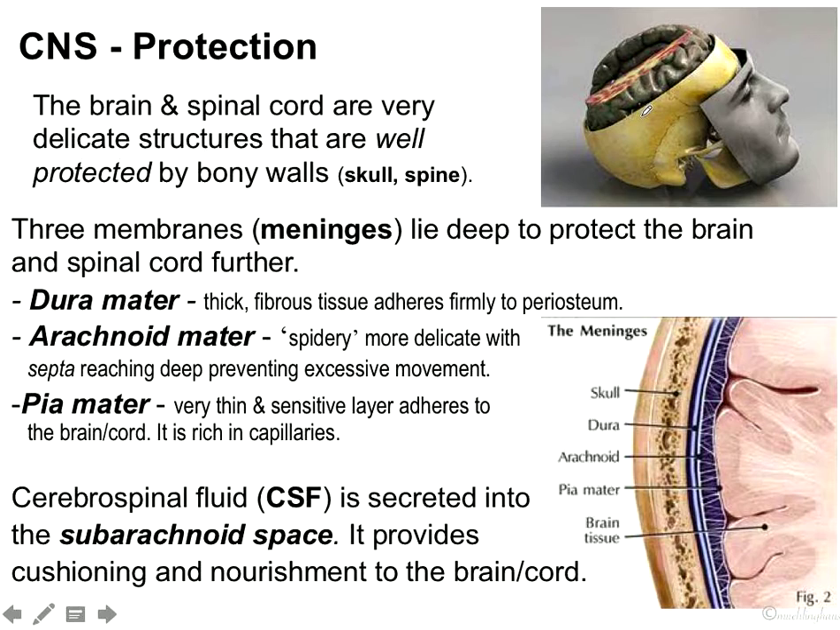The dura mater, see here, dura mater. Dura means thick, and it is a fibrous, thick membrane that adheres firmly to the inside of the bone, the periosteum, and that's kind of like a leather bag around the brain and the spinal cord. Deep to that, we have the arachnoid mater, and arachnoid actually means spider,